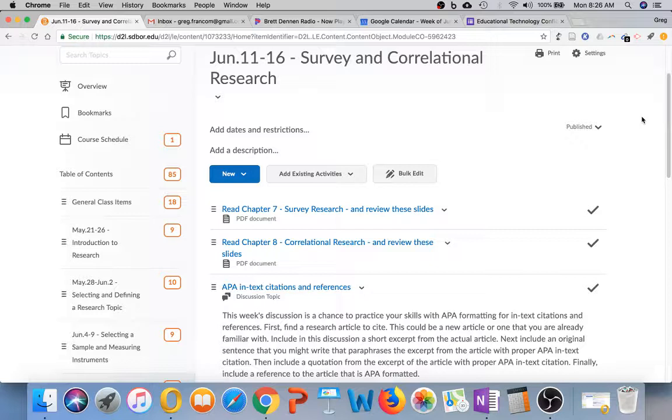So just a little primer about these. Survey research is the type of research where you send out a questionnaire to people and ask them to fill it out. And usually survey research asks them to fill out something that shows their opinion on some matter or their feelings about something. Correlational research, on the other hand, is research that collects data from two different sources and attempts to